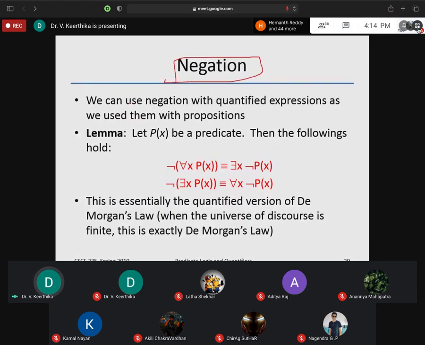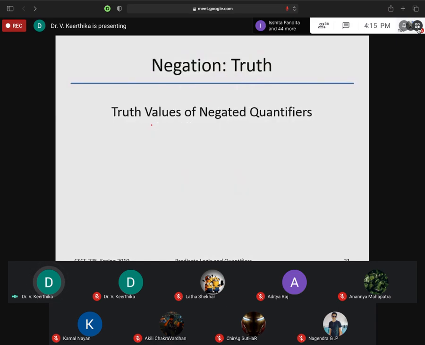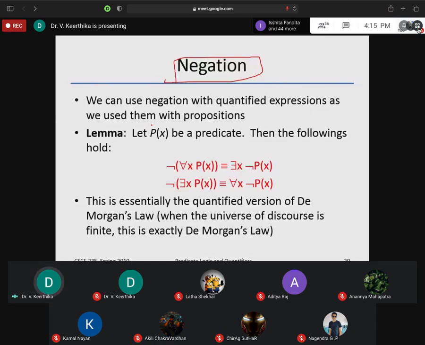Now the negation of any statement. That's a very important question. They will give you a set of statements and ask you to negate the given statement. For that, we need some lemma. We cannot do that as it is. This is called a rule, I think rule 4. Rules 1, 2 and 3 I will tell you.